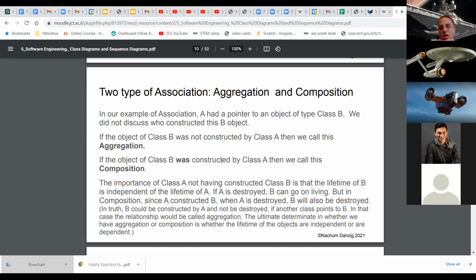What I don't like about the first example with the room is that you could imagine a leg outside of a room, and you could imagine a bed outside of a room. So what's the difference? And you could imagine a room that when you made it, you constructed the beds and all those things for it. So you could. But what they're saying is, if it's aggregation, the class responsible for constructing the bed was not the room class. But when you're talking about composition, the human class is responsible for constructing. He actually constructs